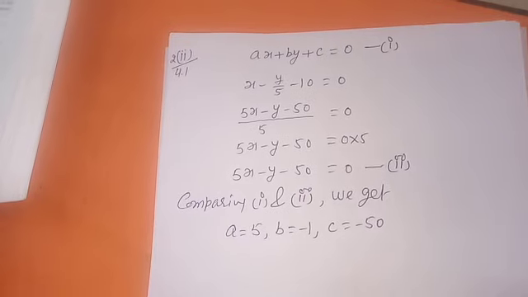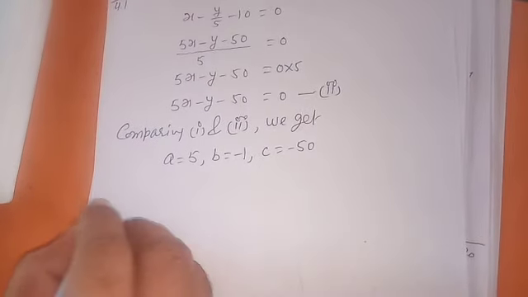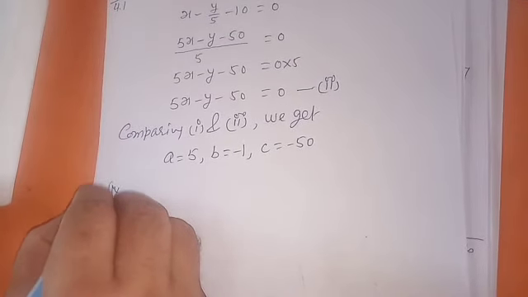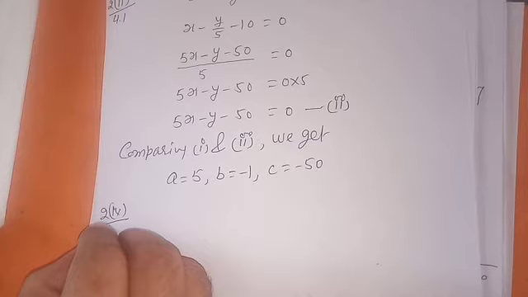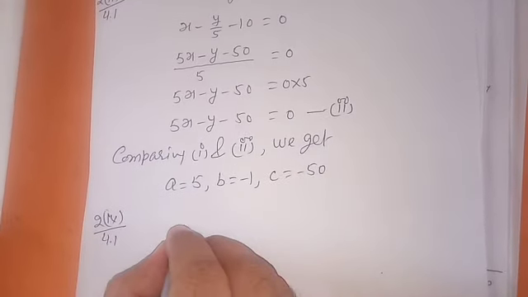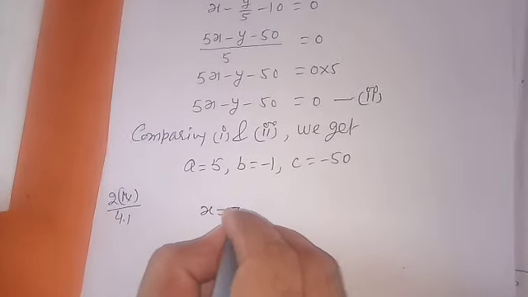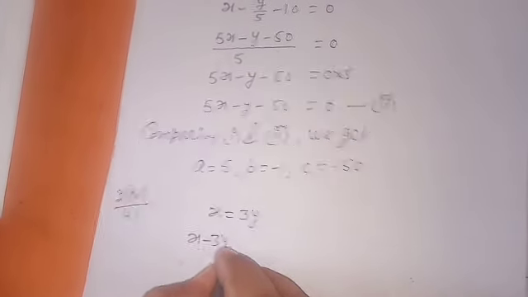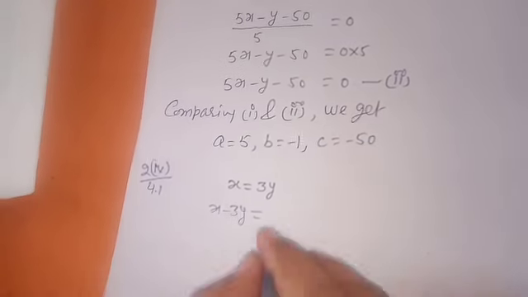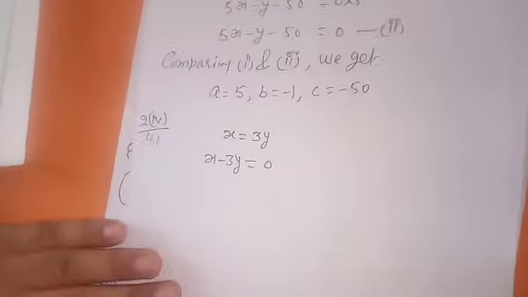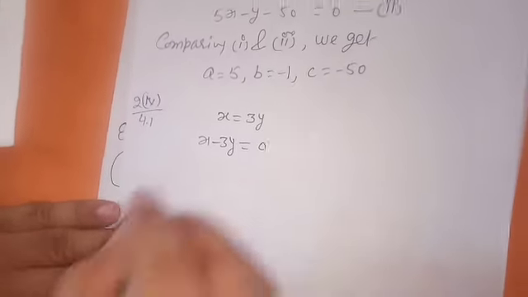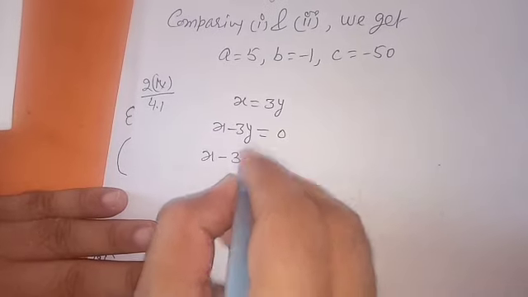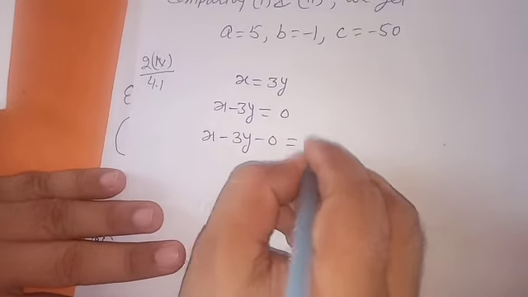The third one is given; you can solve the third. The fourth I am telling. If any problem, discuss with me. Exercise 4.1, x is equal to 3y. This we can write as x minus 3y is equal to 0. Understood? Or you can write x minus 3y minus 0 is equal to 0.